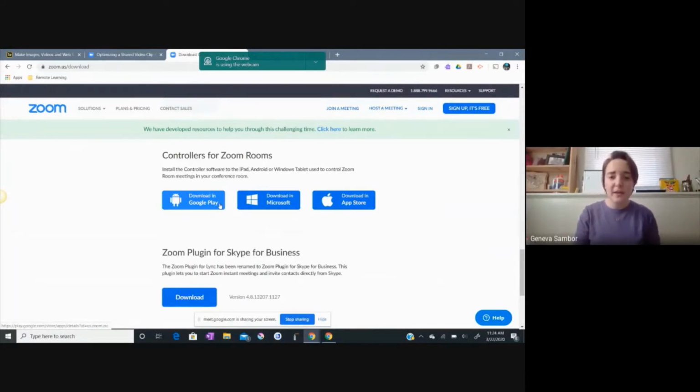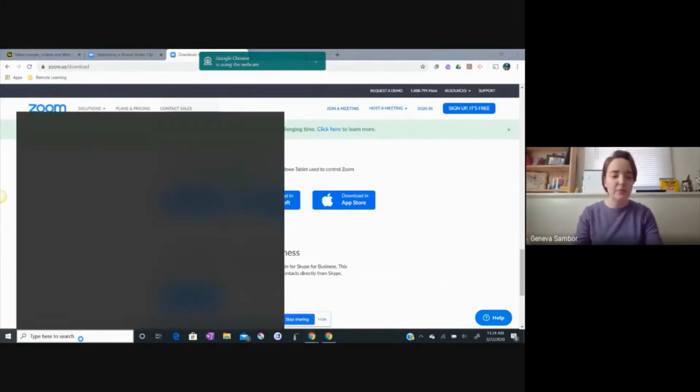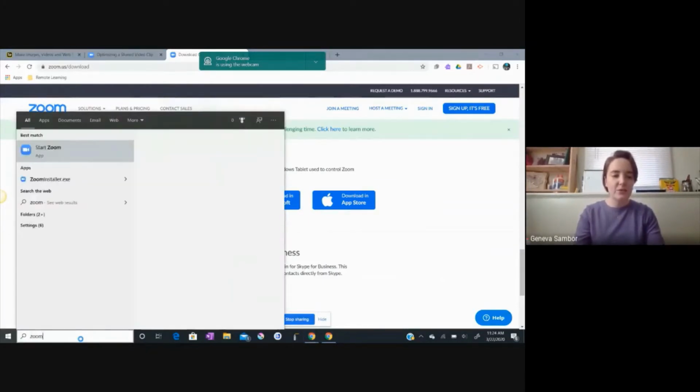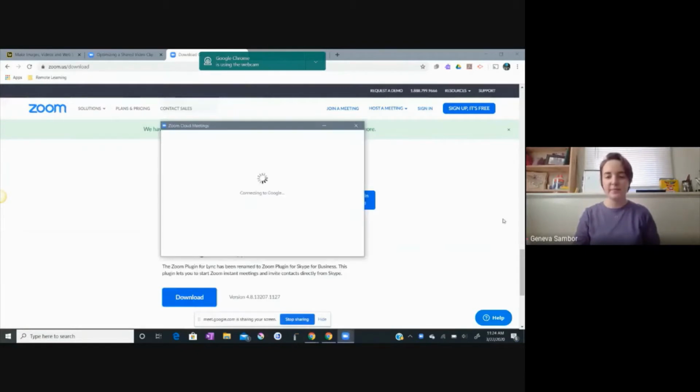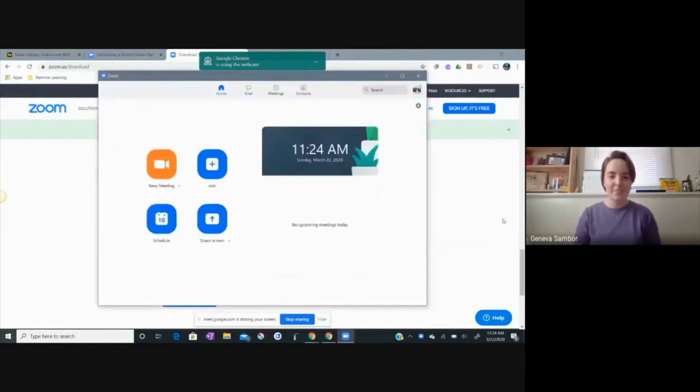I already have Zoom on my laptop, so I'm going to search it in the bar here and click Zoom. And this is my app here. So I'm going to open up Zoom now and wait for it to load. Okay, when I open up my Zoom app, I'm already logged in on a Google account, and I see these four options here. I can start a new meeting, I can join a meeting. There's a schedule option, which I'll go over in another video, and there is a share screen option, just like the present now in Google Meet. I'm going to start a new meeting,